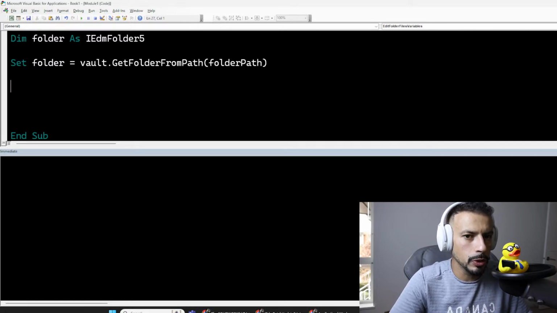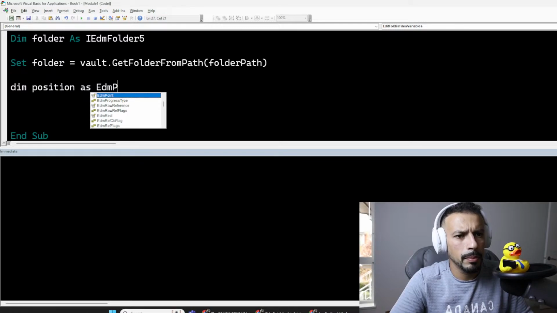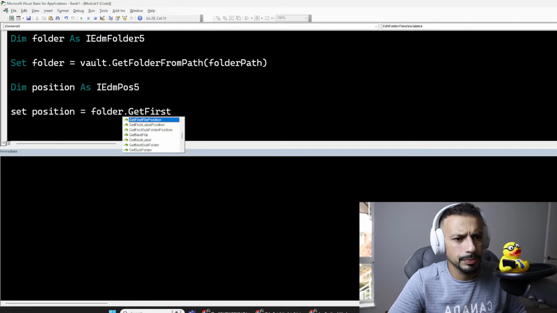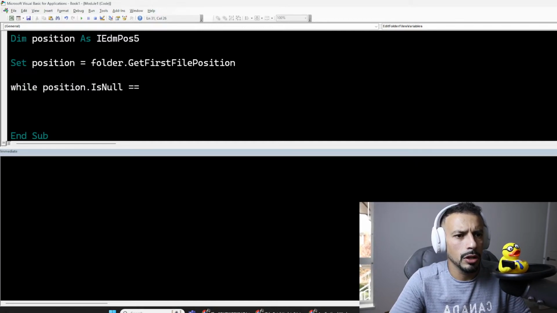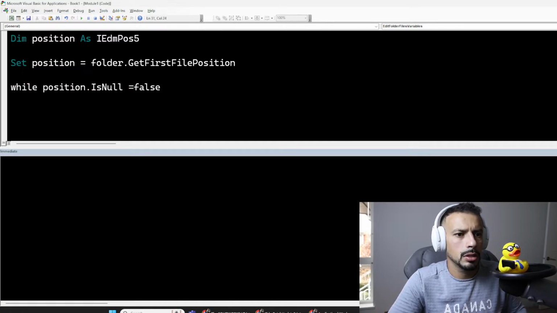So the first thing you want to do is define a variable called POS, let's call it position, as IEdmPos. So IEdmPos position. And then you set this equal to folder.GetFirstFilePosition. Now you want to make sure that while position is null equals false, and you end the while loop,